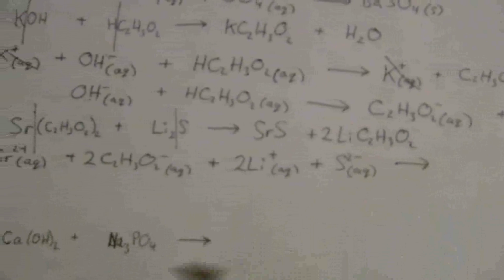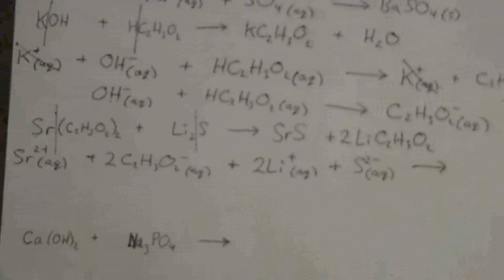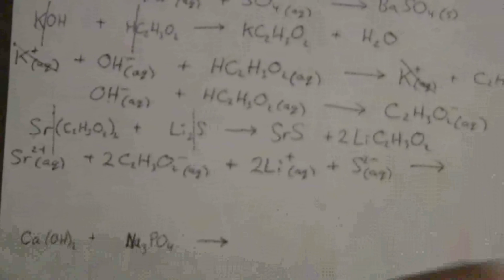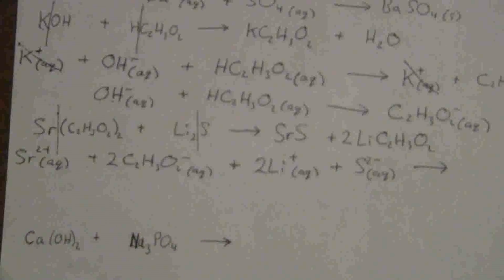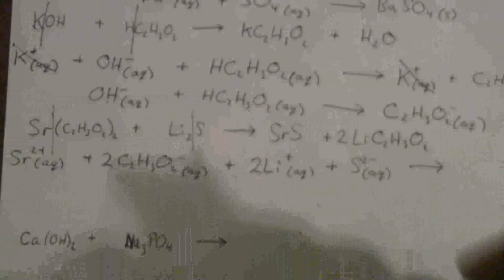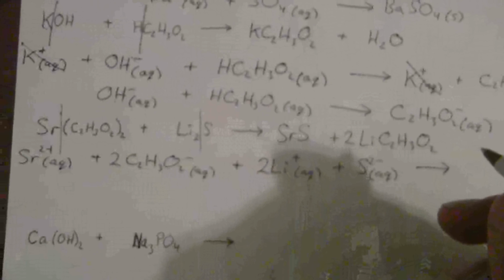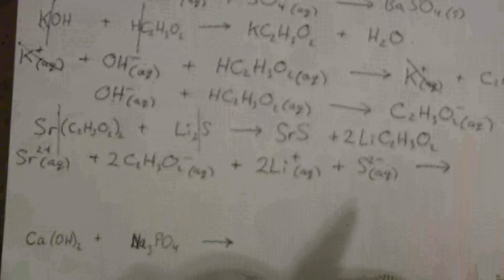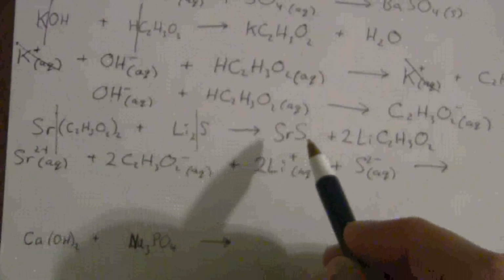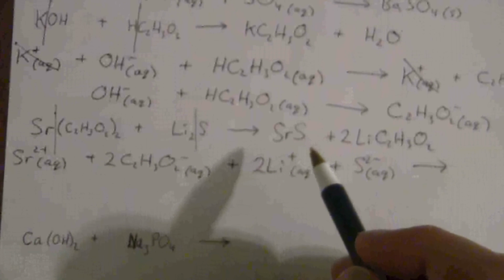So just bear in mind, the tables are a simplification. It's really a spectrum from soluble to very, very insoluble, where only a teeny tiny fraction of the molecules will actually dissociate. All right, but if we look at the sulfides, we check for the